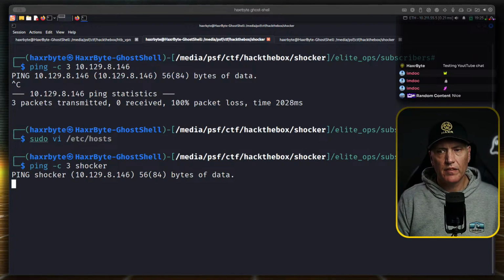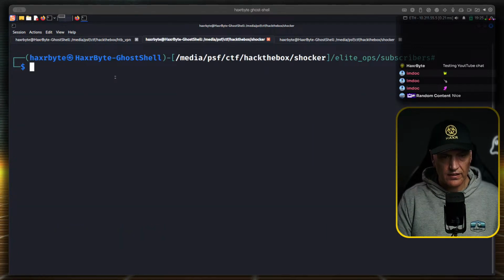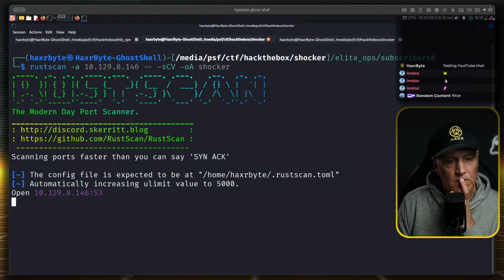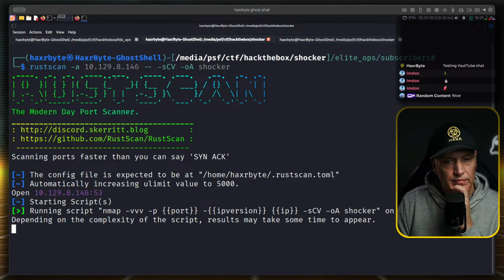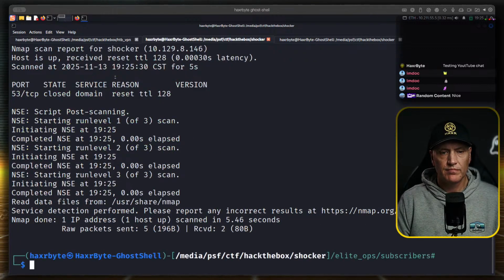Okay, let's just look into this a little bit. I just want to make sure that it's not supposed to be like this. I think it is though. Let's see. Rustscan was 46. It's only got one port open, but the state is closed.